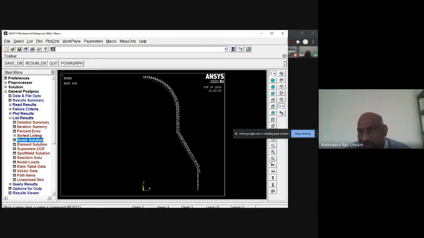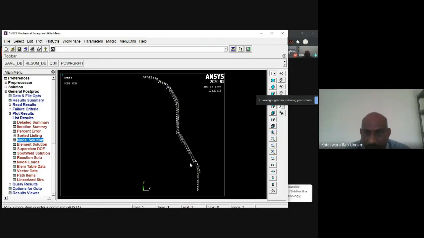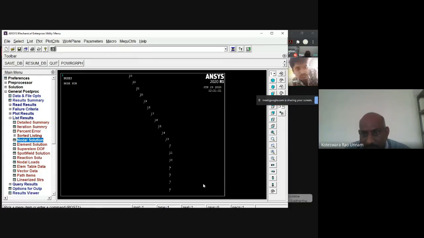So I will zoom it here so that you can see that. See, node number 6 is only at the bottom. You can see this is the 6. So this is going to be the node where you have the maximum displacement, not at the complete bottom.